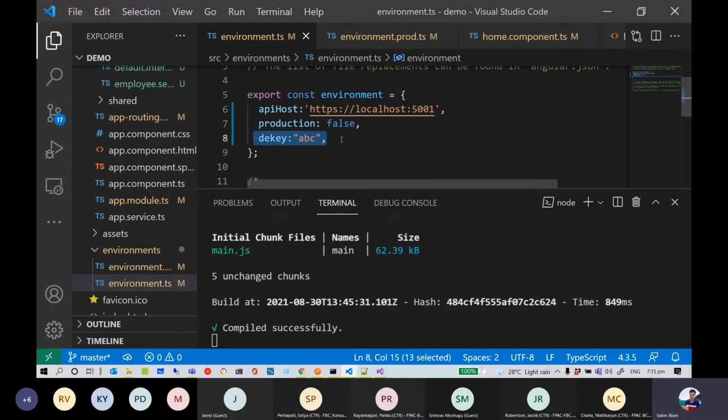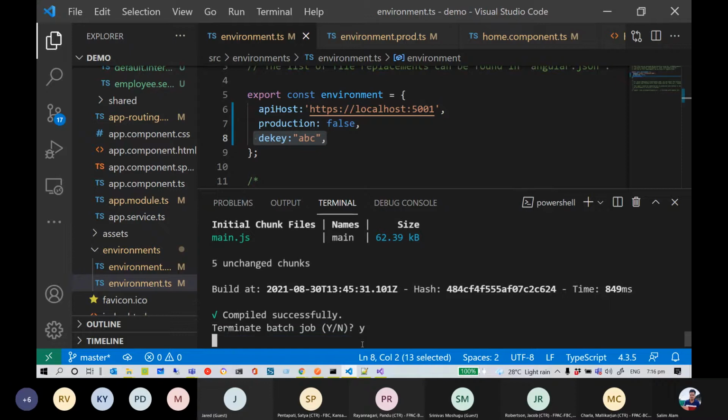If you're keeping them on the server side, that's okay, because anytime we encrypt and decrypt our data using server-side code, we can store it, since no one can know our keys. But if we store our keys in our Angular application, what will happen is